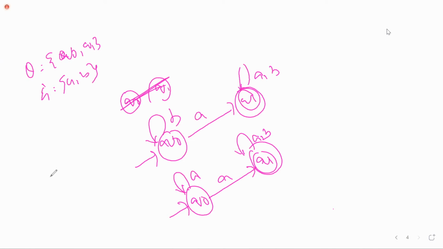And the transition function is Q into sigma equals 2 to the power of Q. Why 2 to the power of Q? Only Q would mean going to one state, but 2 to the power of Q means it may go to n number of states on a single input symbol. Got it? Yes, ma'am. Okay, now we'll move further, ma.